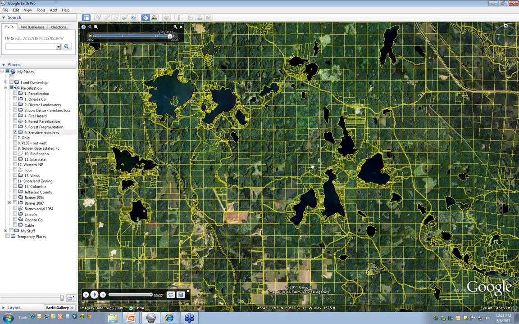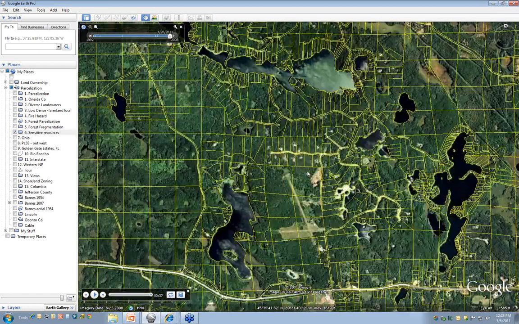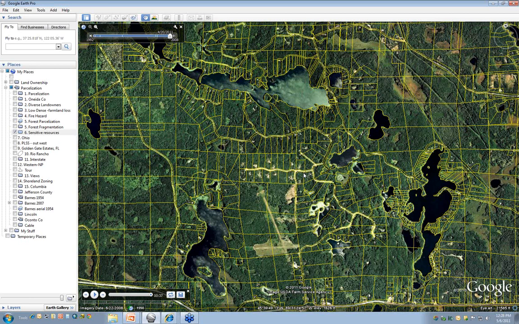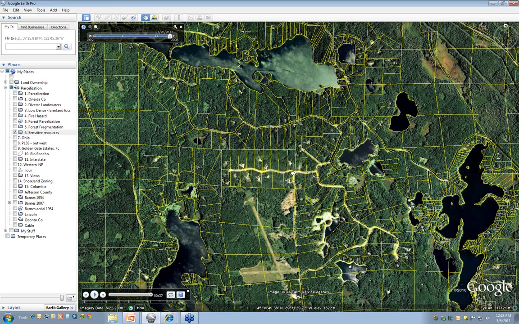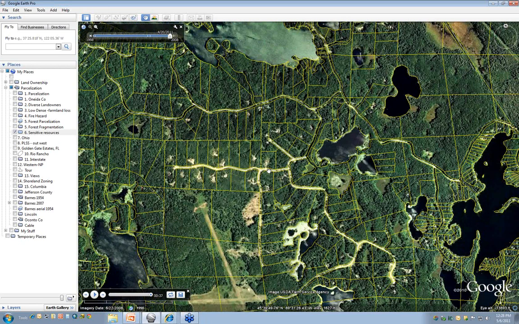The other example I wanted to show you was the second and third tier development. Once the waterfront is divided, lakes are still such a strong driver for parcelization that just being relatively close to a lake is highly valued. In this example right here, you can see that roads and parcels are being carved out second and third tier and beyond from some of these lakes.